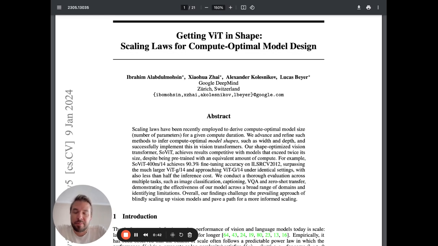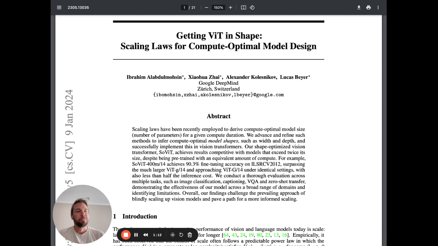So up until this paper, there was this perception that when you're scaling transformer networks, when you want to get better results out of transformer networks, you have to scale them by increasing the number of parameters. So the more parameters you have, the bigger your network, the better your model is going to be. But of course, the more expensive it is to train. And there are lots of papers about the scaling laws. Chinchilla is the most famous one, where they figured out how the quality scales with model size and therefore with